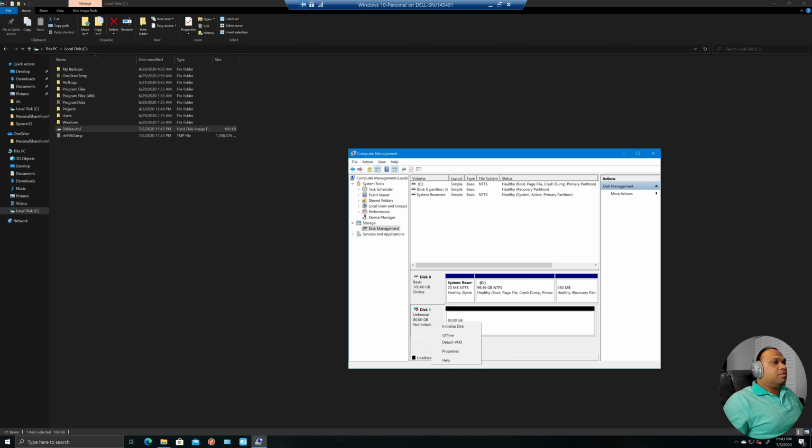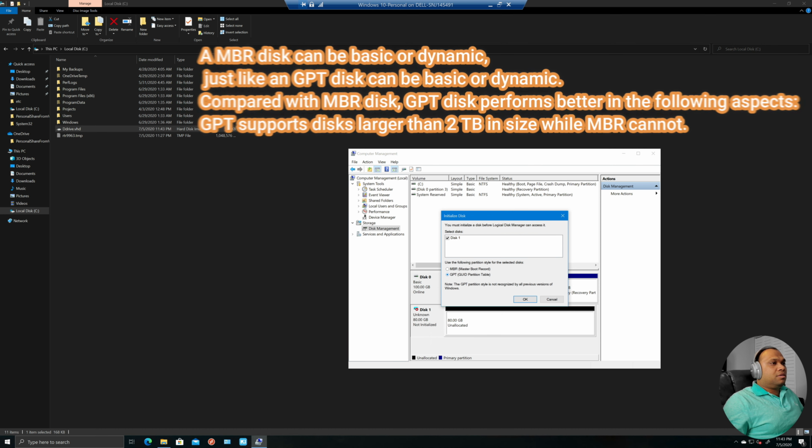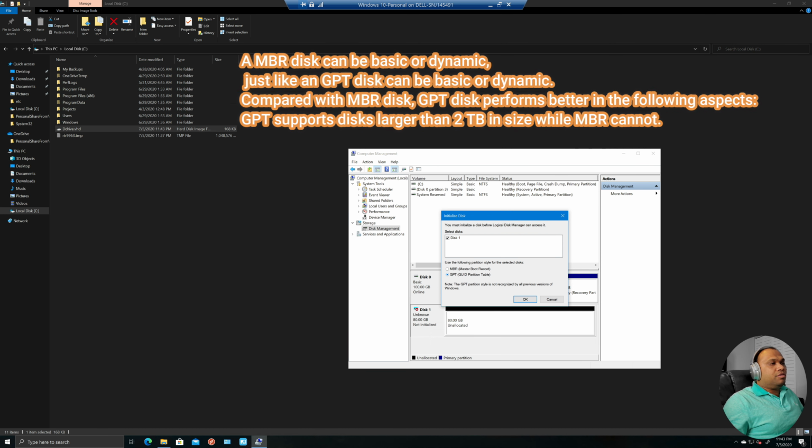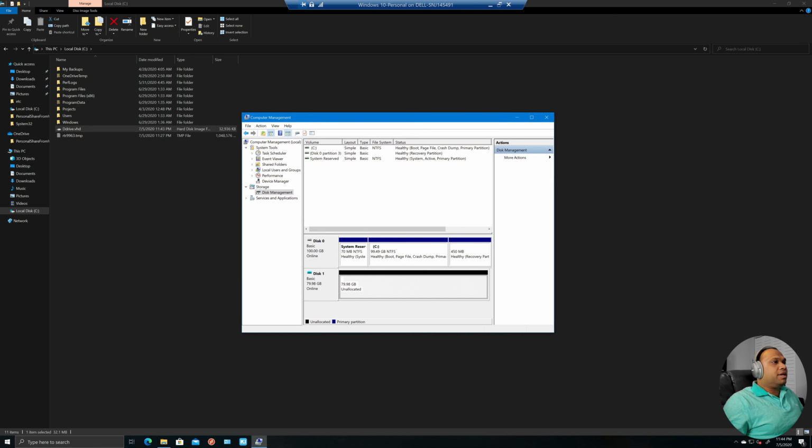So first thing, any hard disk, when you add a physical hard drive, you will initialize. Similarly, you have to initialize the disk. Just go for GPT, which is for the newer operating systems. So select that one, and then this one is a new hard drive, so you can create multiple partitions or one partition. Okay, so it has 79